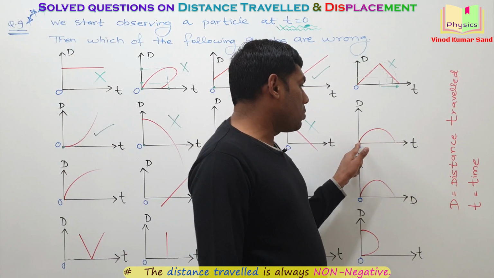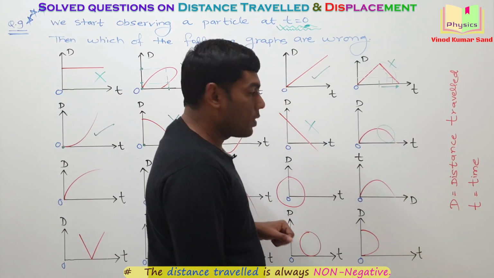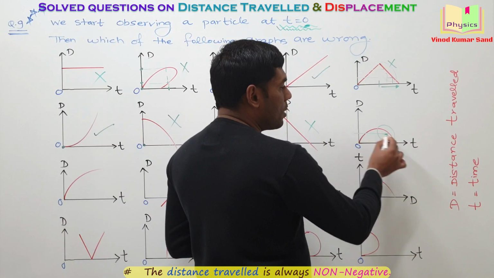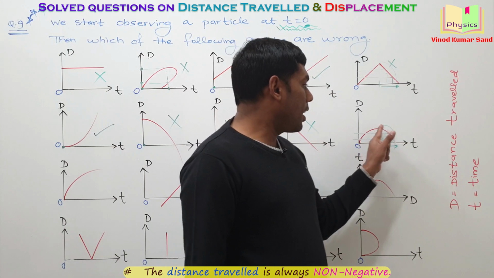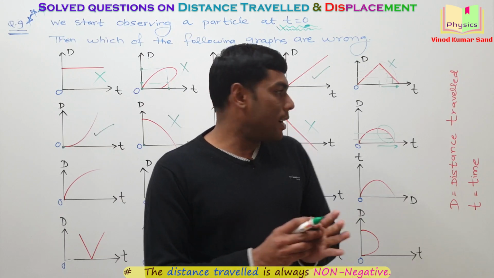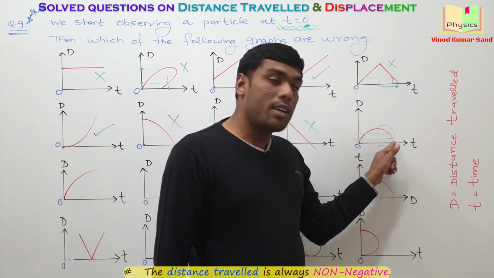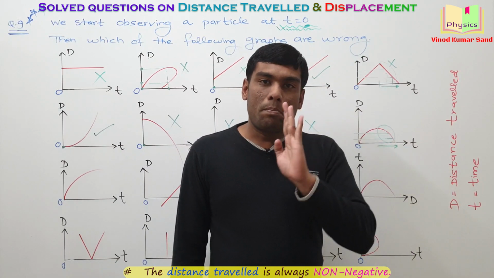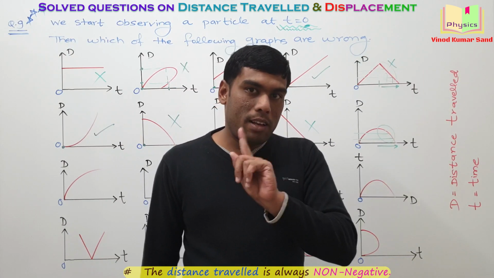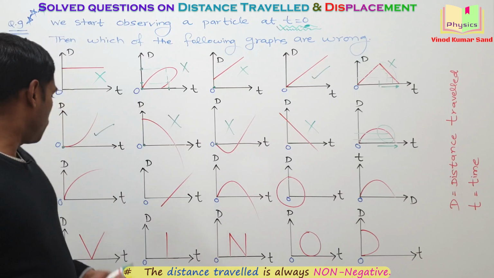Next graph, t is equal to 0, the distance traveled is 0. But there is issue in this part of the graph. As the time is increasing here, you can see the data for the distance traveled is continuously decreasing, and at some moment of time, distance traveled by the particle becomes 0. For a moving particle, initially they are telling that distance traveled is increasing and then distance traveled is decreasing. This part is wrong. With the passing time for a moving particle, the distance traveled will always increase but can never decrease. Okay.